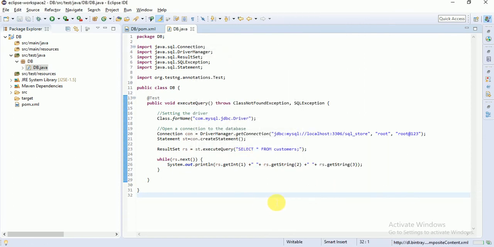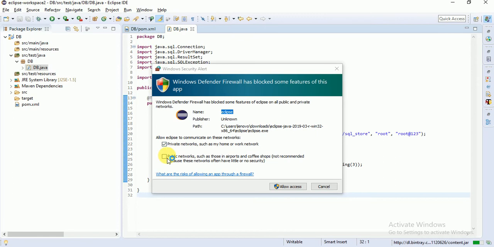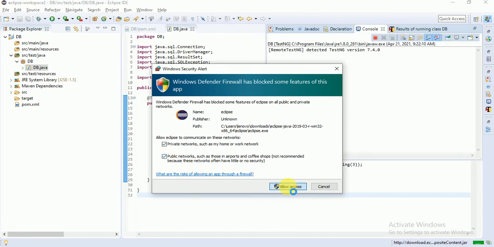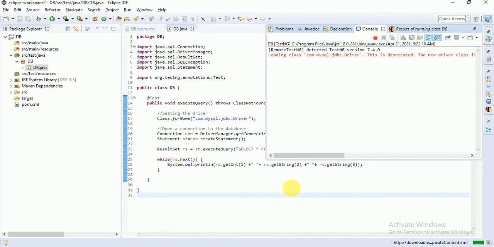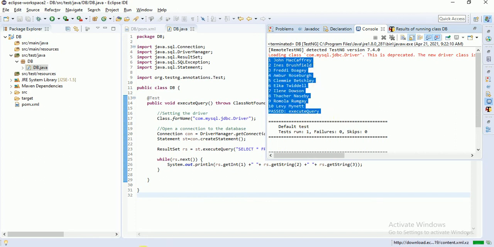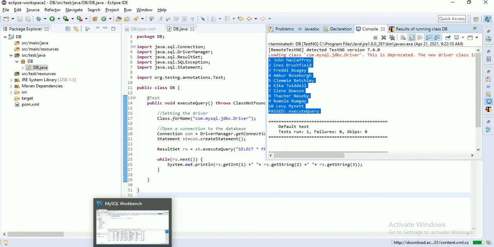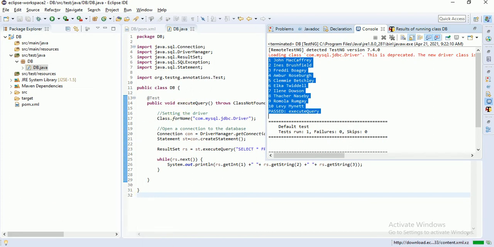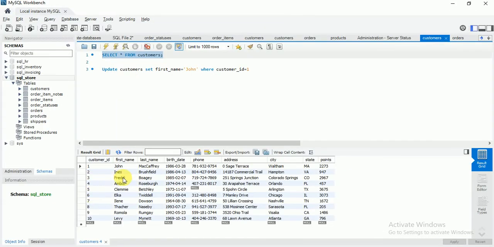Save it. Allow access. See, can you see here? All the data is returned successfully. You can see in the workbench, these are the first three columns.